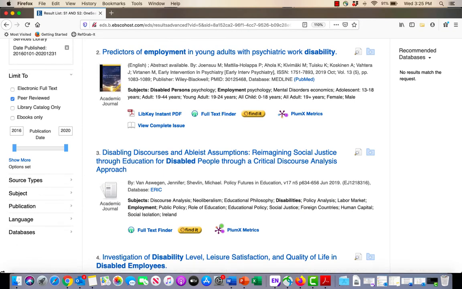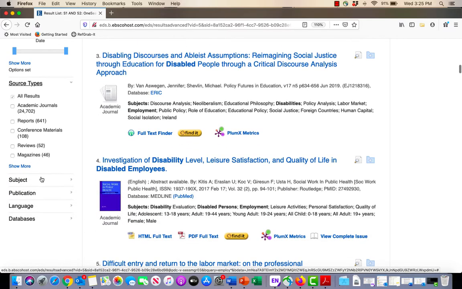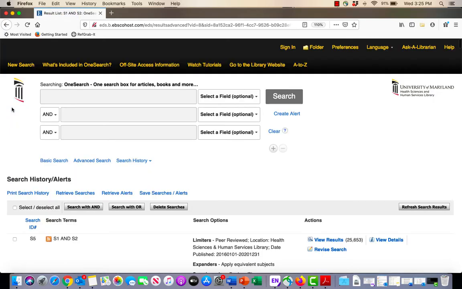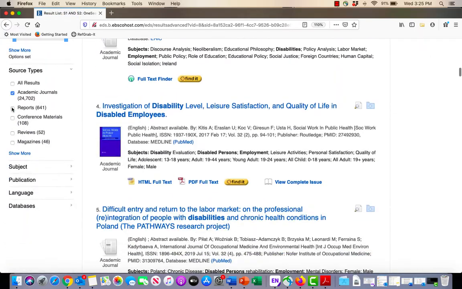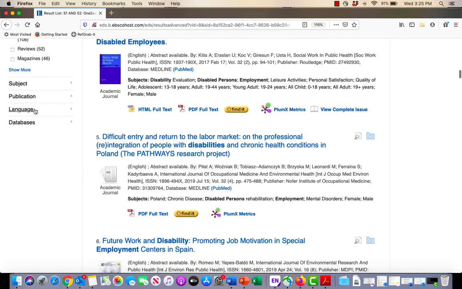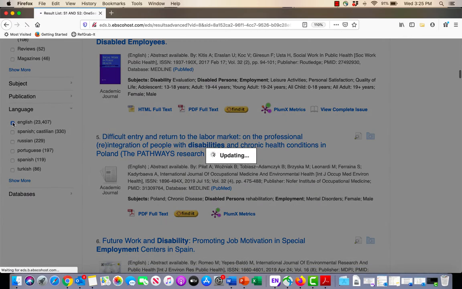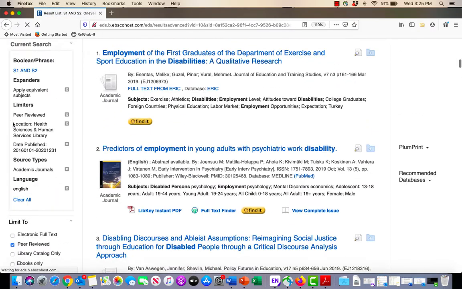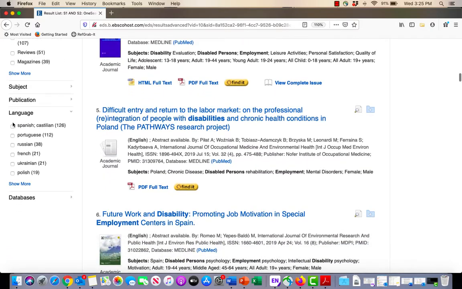So there are a few other ways you can limit your search results over here. Source types. You can see maybe I just want academic journals. And there are a few other things down here as well. So language, I'm going to say just English. And lastly,